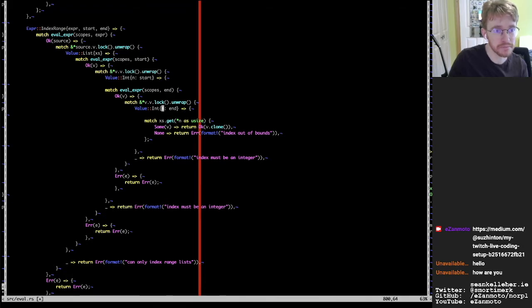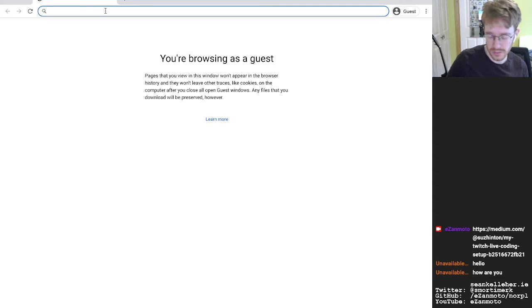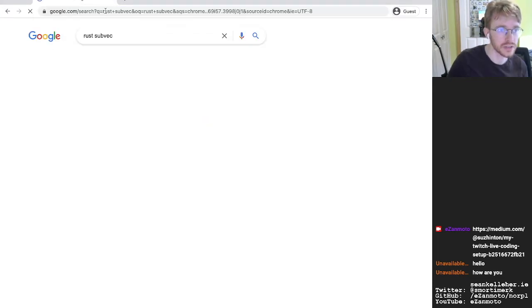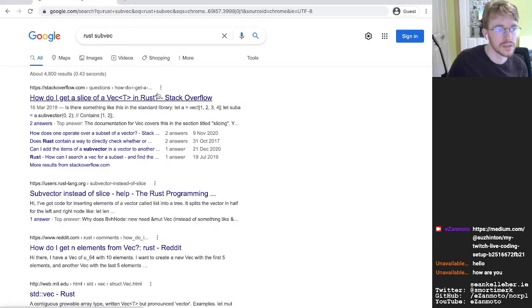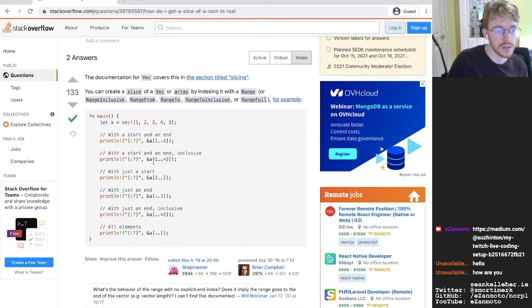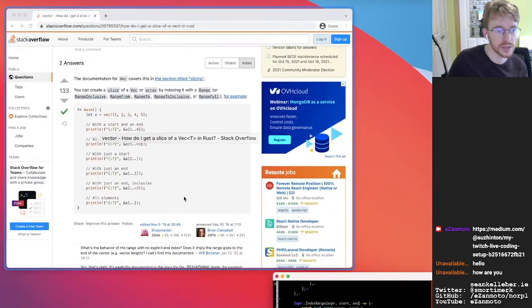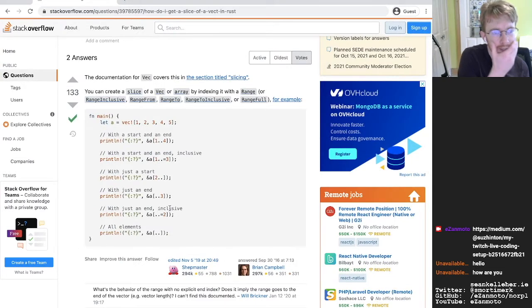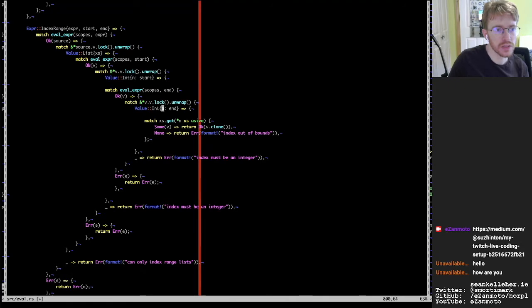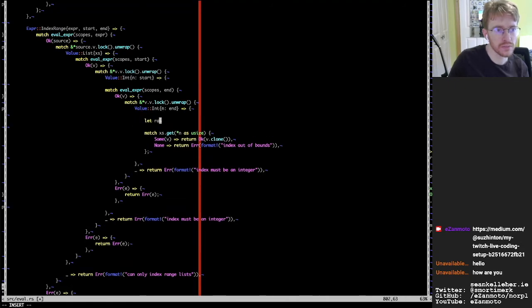I'll be able to, is there an easy way in Rust to do kind of a subvector? And I can just use those as a range. Can I do something like this? And I do